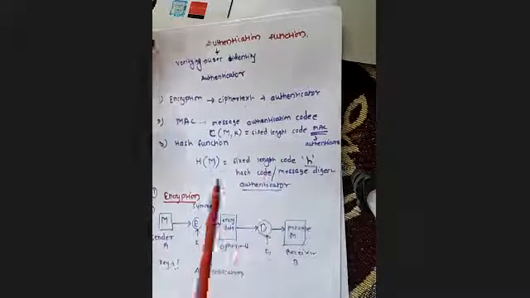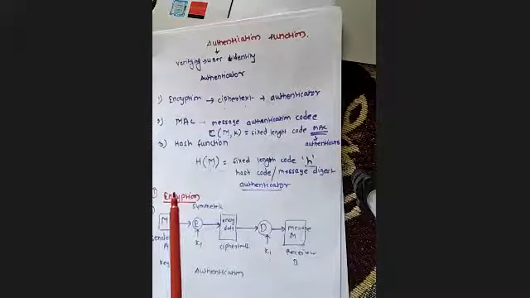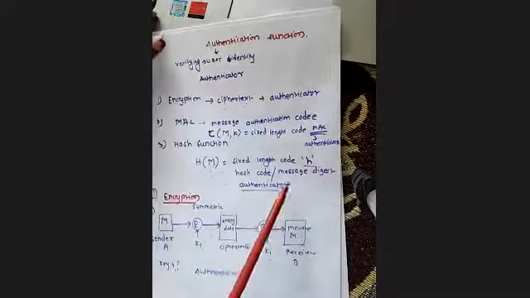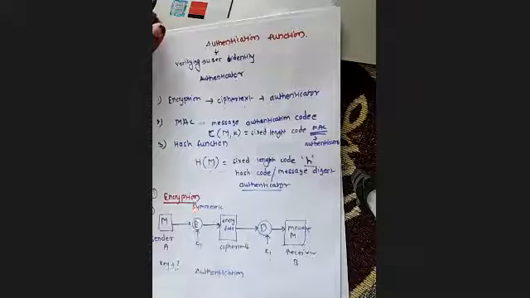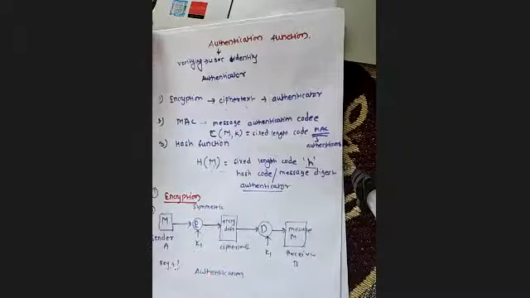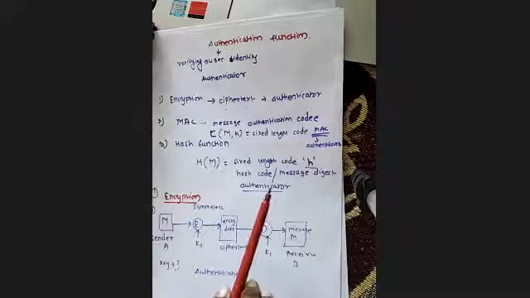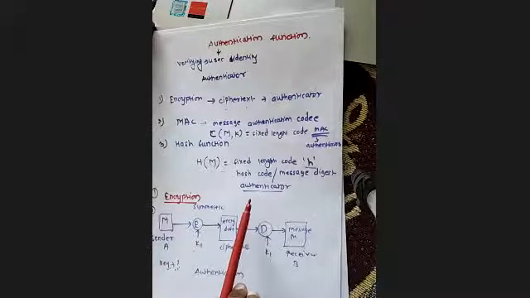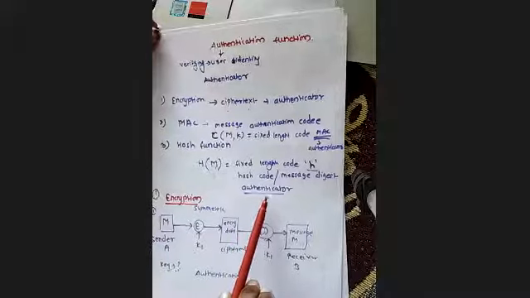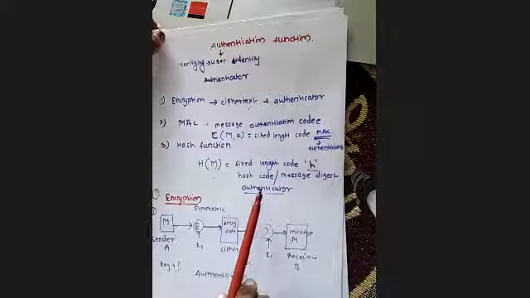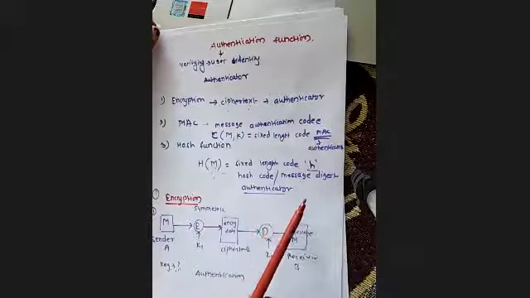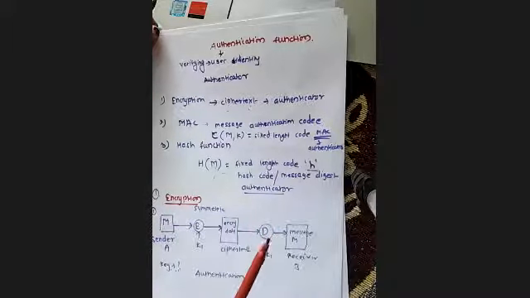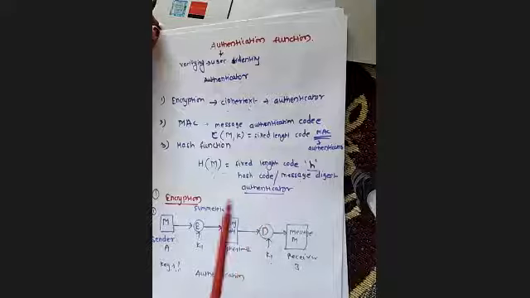Now message digest has a number of versions, MD5, MD6 like that. So the message digest is also called the hash code, and this hash code will work as an authenticator. Fine. If the hash code calculated by the sender equals the calculation done by the receiver, then only the receiver will be sure, yes, this is authenticated data and I have received the correct data.